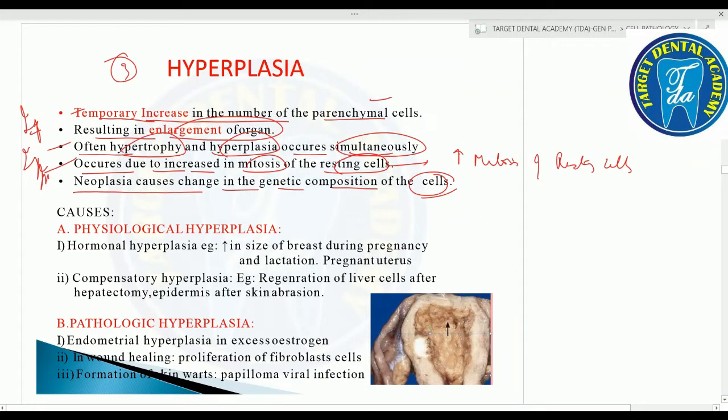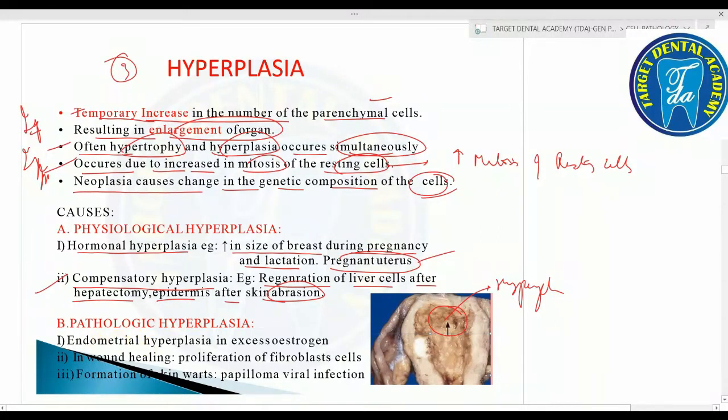For physiological hyperplasia, number one is hormonal hyperplasia. For example, the increased size of the breast during pregnancy and lactation, and the pregnant uterus. Second is compensatory hyperplasia. For example, the regeneration of the liver cells after hepatectomy, and the epidermis after skin abrasion. While the pathological hyperplasia,